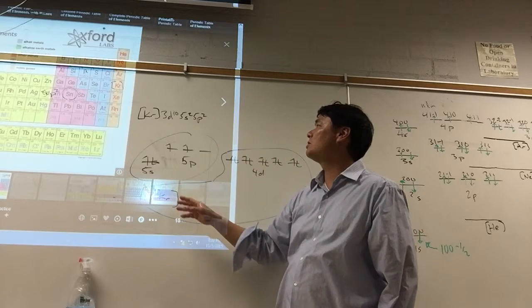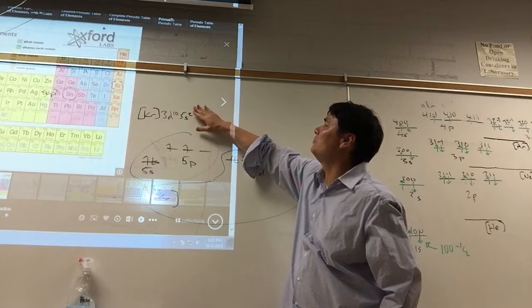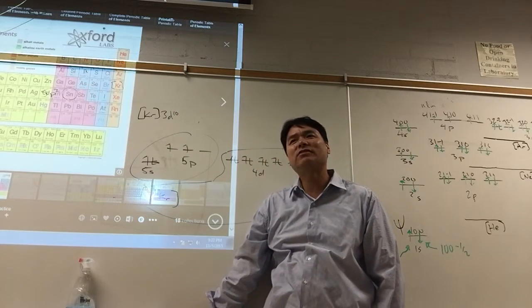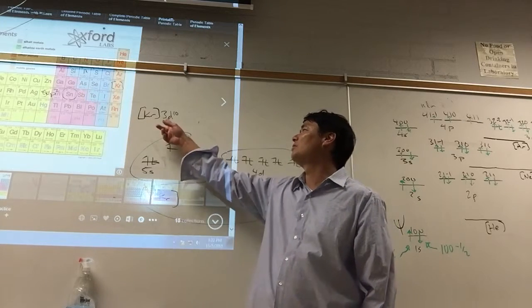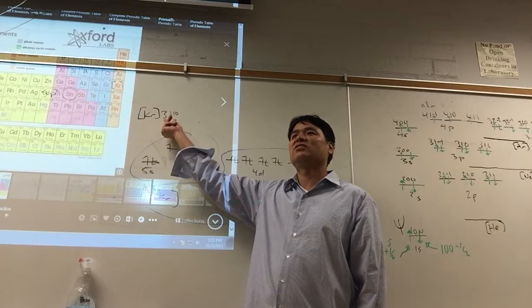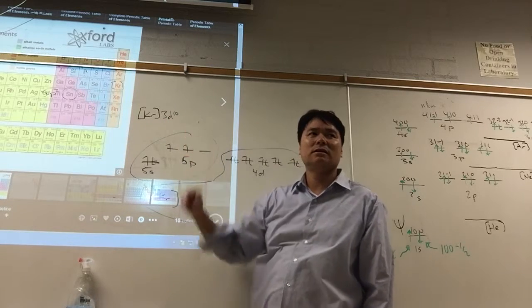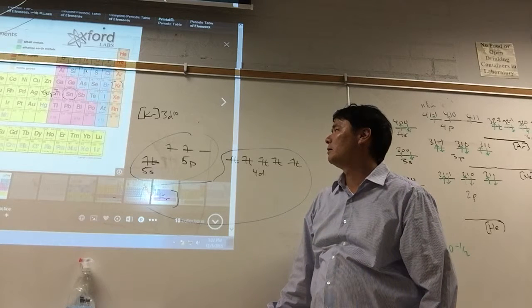And so for the common charges, tin 2, we lost these 5p electrons. Tin 4, we lost these 5s. What about tin 5? Is tin 5 a very common charge? No, because for tin 5, we'd have to break the spherical symmetry of the d subshell. The s is not so significant. We break it, yeah, but